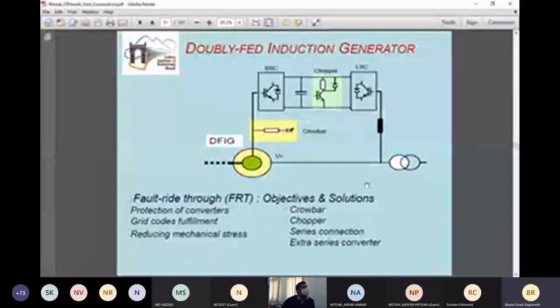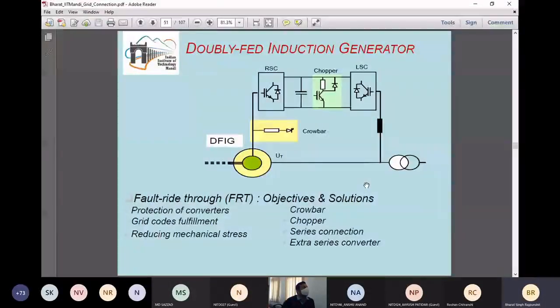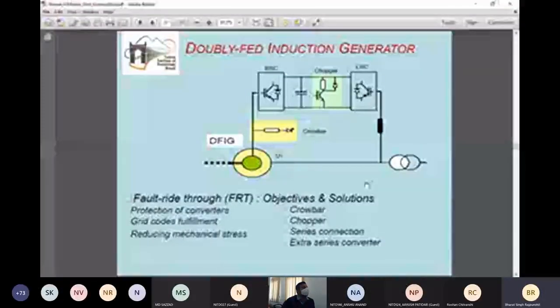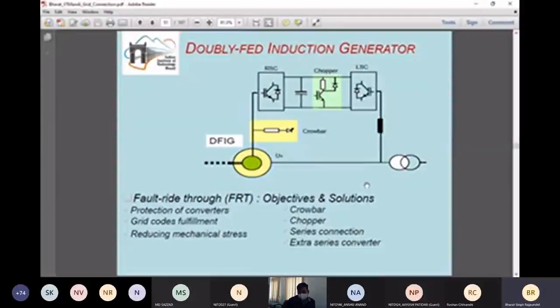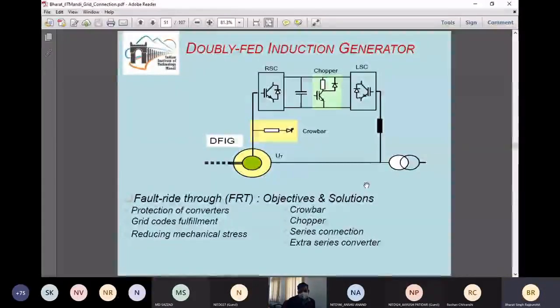The stator side is directly connected to the grid through a power transformer, which is shown on the right hand side. There are two circles, which is a transformer. The rotor side is connected to a power electronic converter system, generally known as the rotor side converter, which has on the left hand side an AC connection and on the right hand side a DC link. Then there is a line side converter which is connected through this DC link, and the right hand side is an AC link. So overall, this is known as a back-to-back power electronic converter.